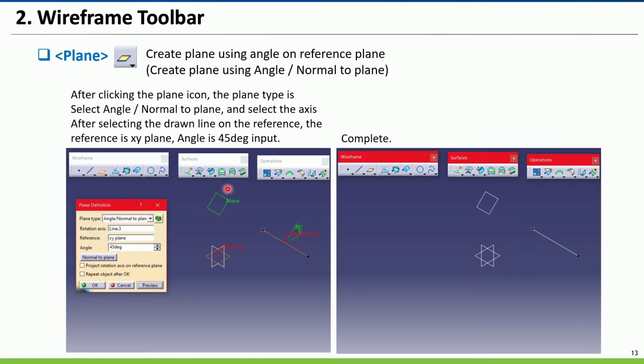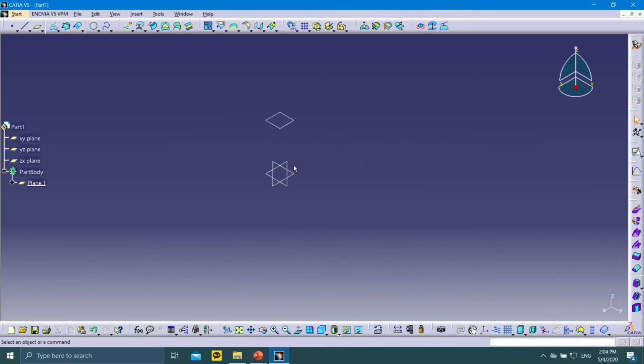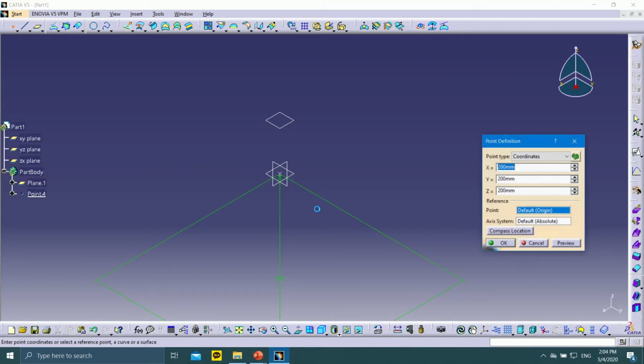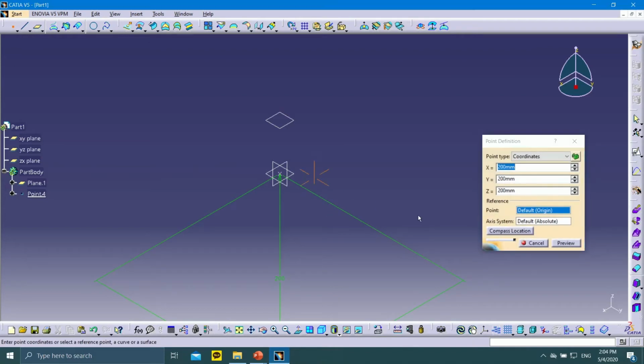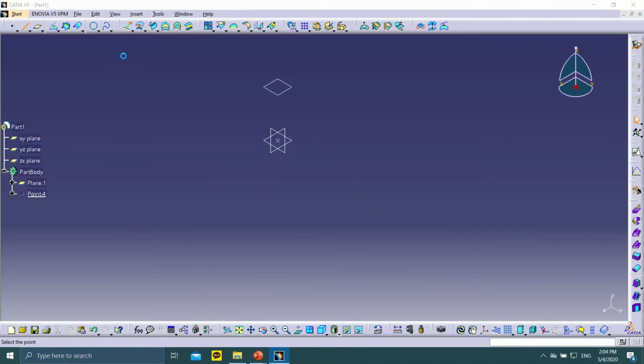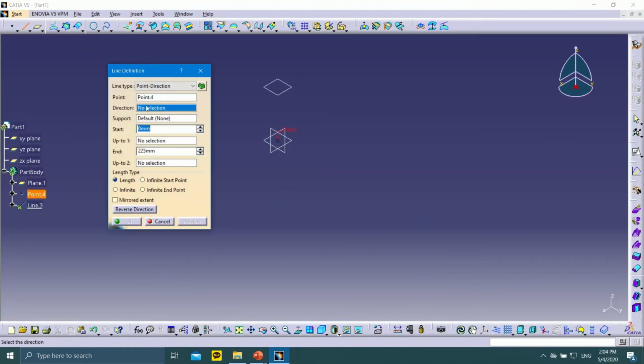So this plane is attached to this line. So if you have some kind of, I deleted that one. 100 to 100. Okay, just use this. And this one, direction is